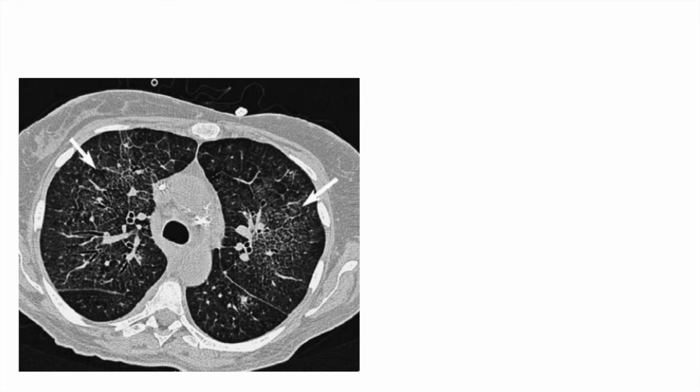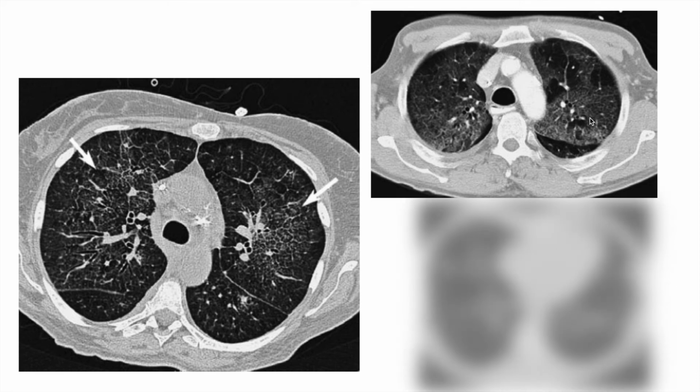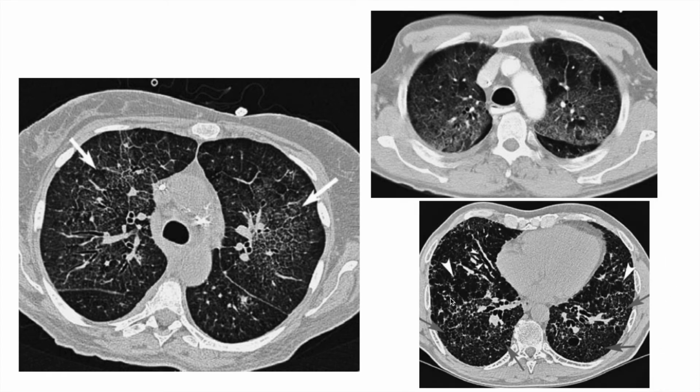So coming first, this is a case of viral pneumonia. Here you can see the interlobular lines. This is a case of crazy paving, as you can see, there is a lot of septal lines, interlobular lines with extensive ground glassing, giving an appearance of a crazy pavement. And finally, this is interstitial fibrosis. Here you can see that there is distortion giving an appearance of fibrosis.